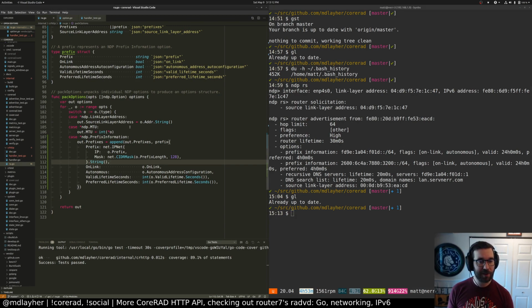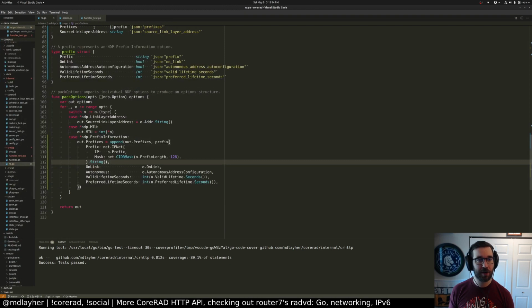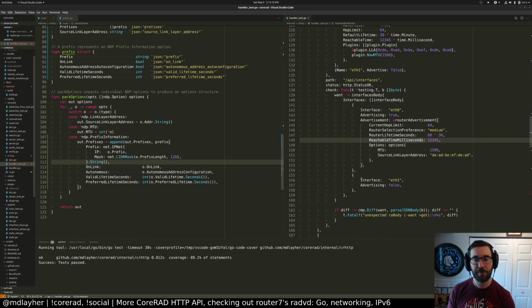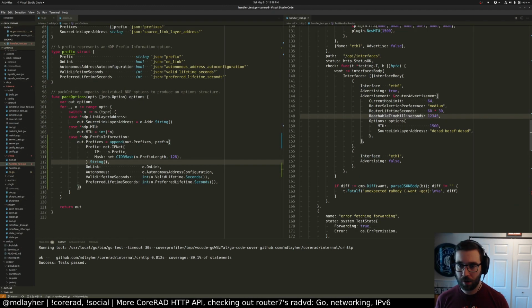So I think we're at the point now where we've got the whole prefix information done, so we should be able to unpack this now. So if we specify a prefix in here with, let's see, I guess we should probably specify more than one, right? Because we want the ability to